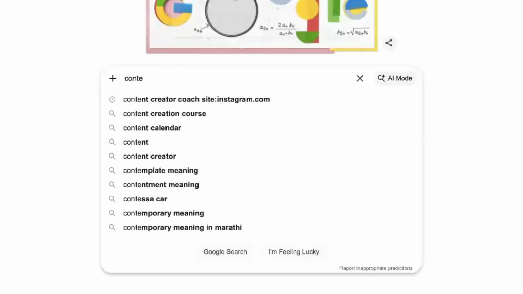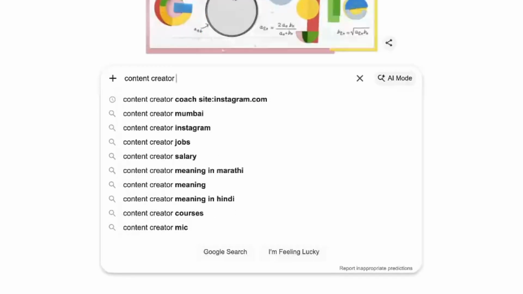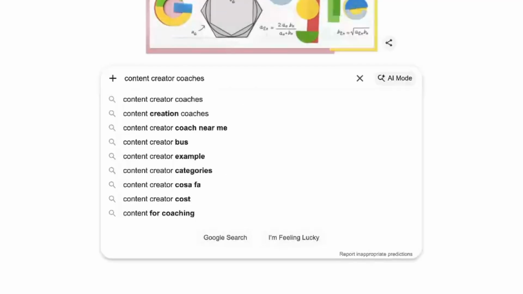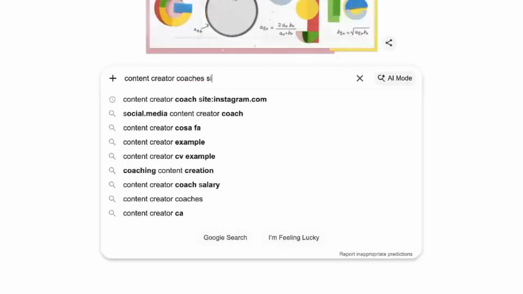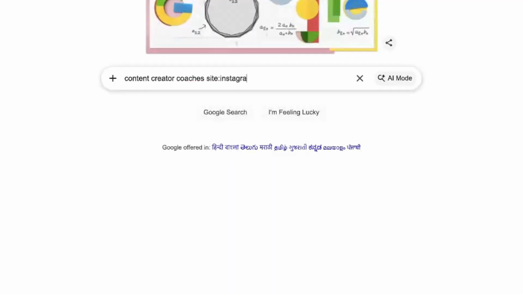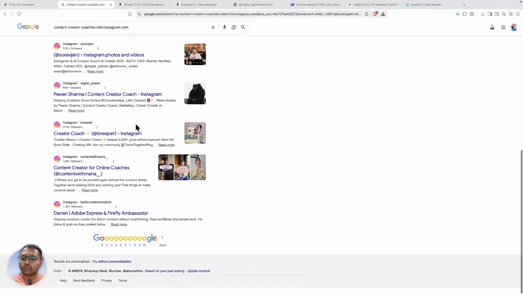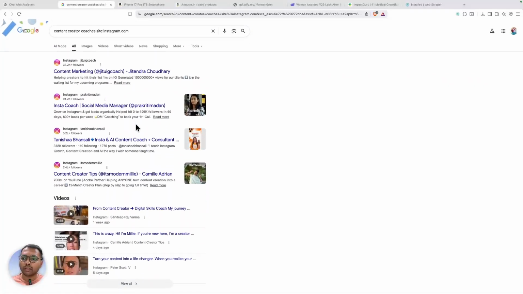I wrote content creator coaches. Now I have to write a filter. You have to type site colon instagram.com. This way I'll filter on content creator coaches and the results will be filtered on Instagram's searches. So now you see, all the searches I'm getting are filtered on the Instagram website. So I'll simply copy this search